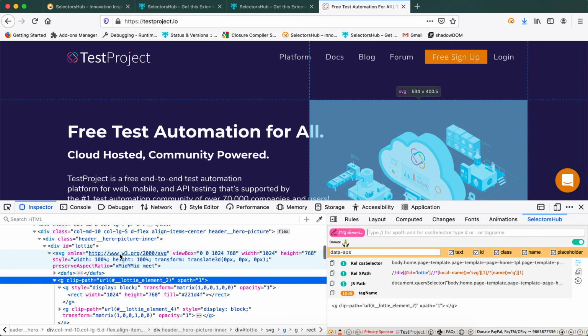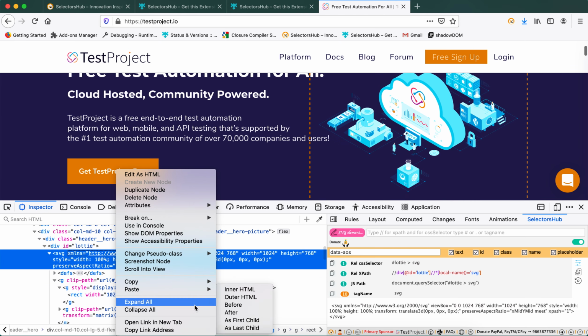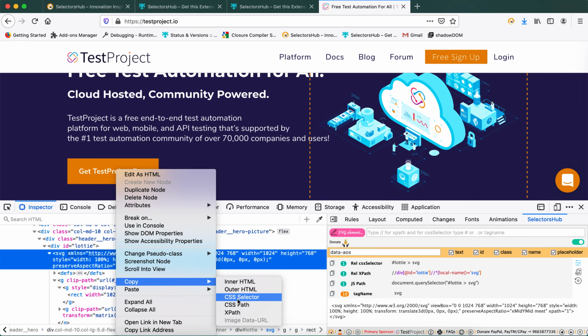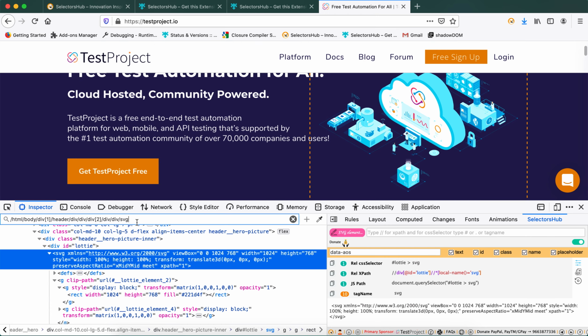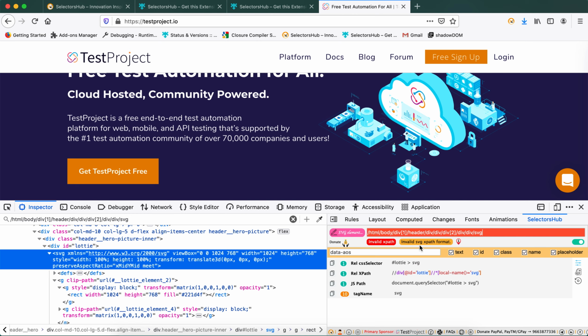While if you copy the SVG child values here, let's see what Firefox gives, though Chrome gives the wrong values. So here also it gives the wrong format for SVG. You see, single file, this is wrong. If you paste this here in selector sub, it will tell you that it is an invalid SVG XPath format. This is the correct format for SVG. So it helps you a lot to learn about things.